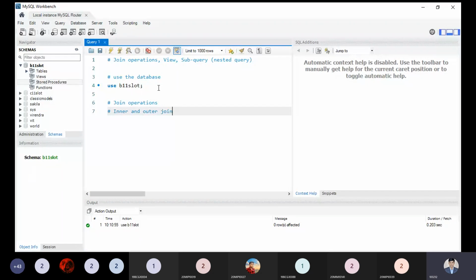In the inner join, we have three types: if you remember, the theta join, the second one is the equijoin, and the third one is the natural join. These are the three different examples that are part of the inner join.